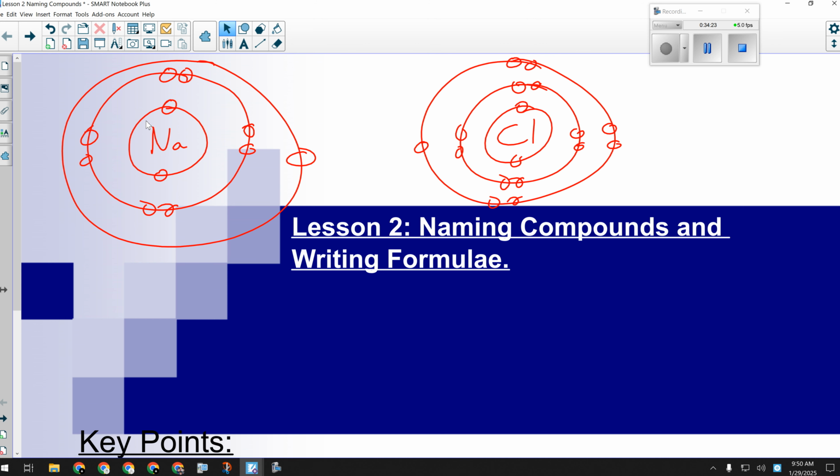Does it seem like these 2 should get along? Yeah, they each have what the other needs. Sodium needs to get rid of an electron, chlorine needs to pick one up. So they'll form an ionic bond. An ionic bond simply means an electron is donated and received. Donated by the metal, received by the non-metal. Now, they both have a full outer shell. Are they both happy? They are. Do they need each other anymore?